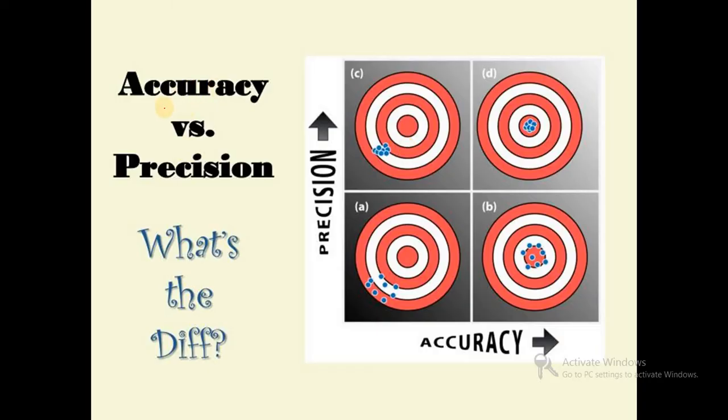This is the main difference between precision and accuracy. So here, accuracy versus precision. In this diagram, what is the main difference? Accuracy increases from the first diagram to the second. So B and D diagrams are accurate, and precision increases from A to C and B to D. So these results are precise.